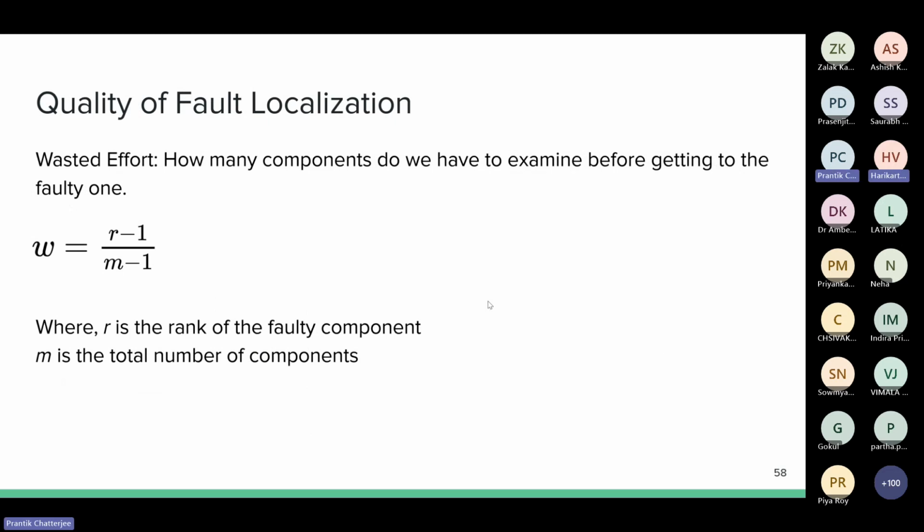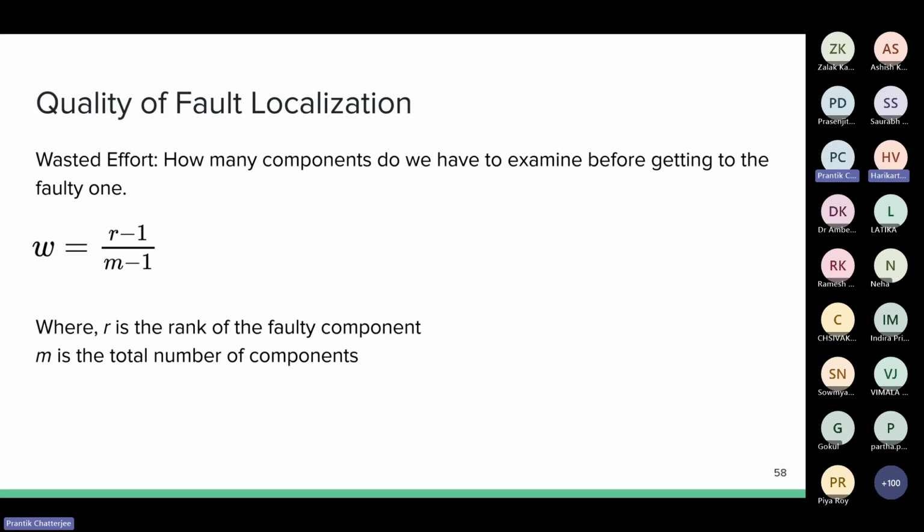And eventually, like I have said, our expectation is that we'll be able to rank these components in order of their suspiciousness, and the buggy components will rank at the top. So the buggy component will have the highest score in an ideal situation. Ideal situation is the assumptions that we had specified, that is single bug and perfect detection. But as I have said, these assumptions do not actually hold in practice.